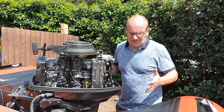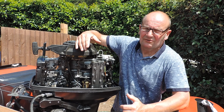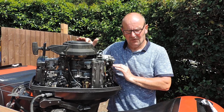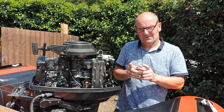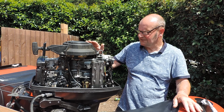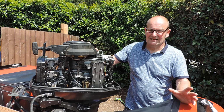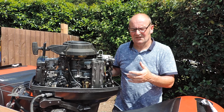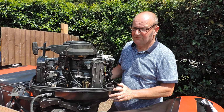I've done all the standard things you do with a rough running engine. Carbs off, cleaned all those, reset the float heights, made sure I was getting a good spark to all the plugs, using one of the adjustable spark testers that come out to probably about 1/2 inch, 5/8 of an inch, getting a great spark on all cylinders. Had the carburetors off 2 or 3 times, still getting exactly the same problem, still on 1 cylinder, 2 cylinders, just continual popping. So started looking a bit deeper, took the flywheel off